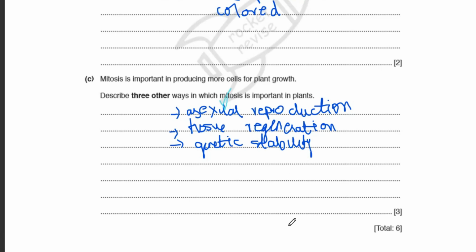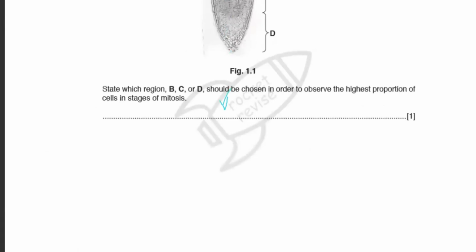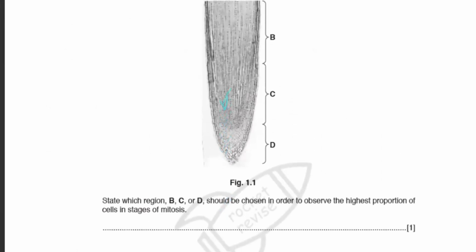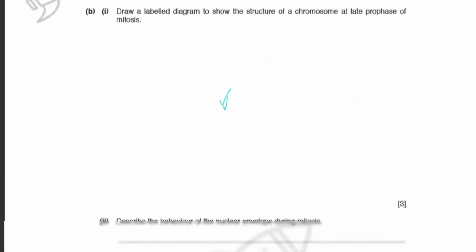So these are the 3 pointers which you can write for advantages. This is also a very repeated question, and these are very easy to answer. Just learn the trick and then you'll be able to solve them. We'll do this question once we are done with the chapter of plants, because at this point I don't think you'll be able to solve it. So we'll do it later.